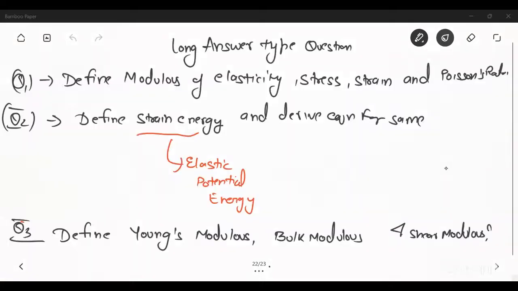In the last class, we discussed the elasticity chapter, its Hooke's law, and the various moduli of elasticity. We also discussed some short answer questions and long answer questions. Now, our next question is